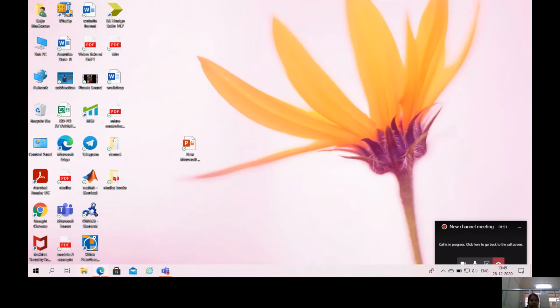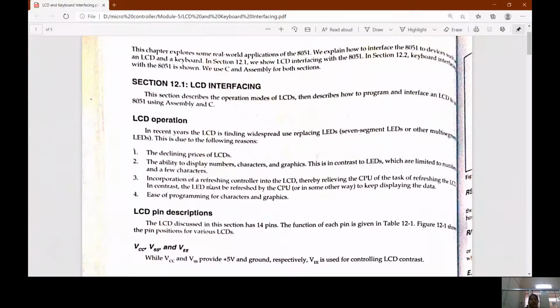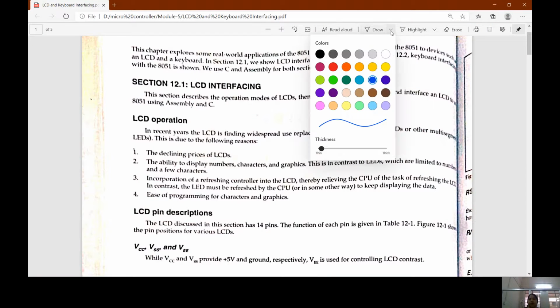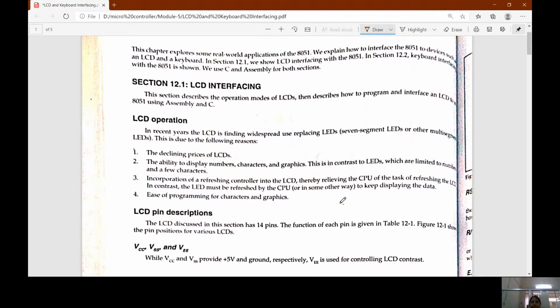So next we'll move on to the next topic, that is LCD interfacing. In recent years, the LCD is finding widespread use, replacing LEDs. We'll see how to interface these LCDs, liquid crystal displays. 7-segment LEDs and other multi-segment LEDs are being replaced by LCDs because of the declining